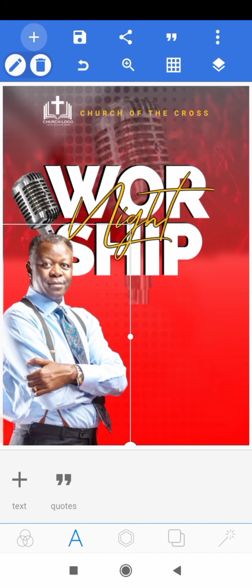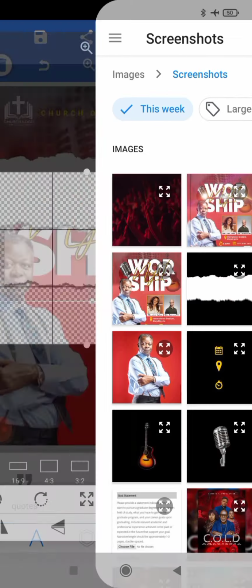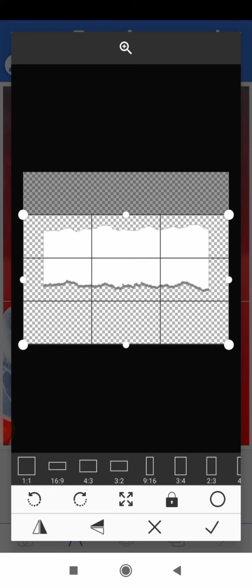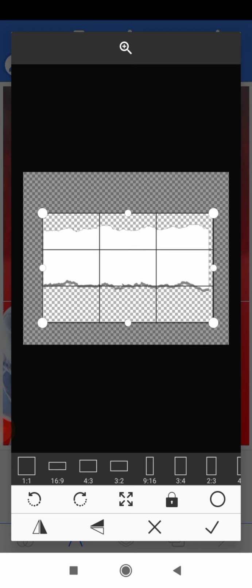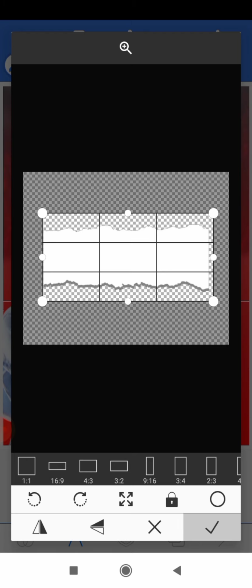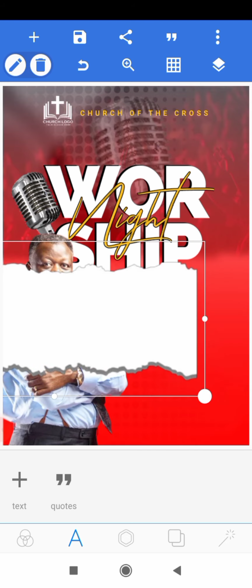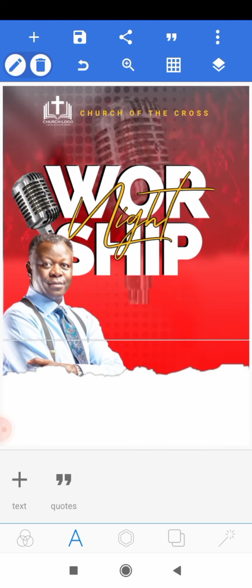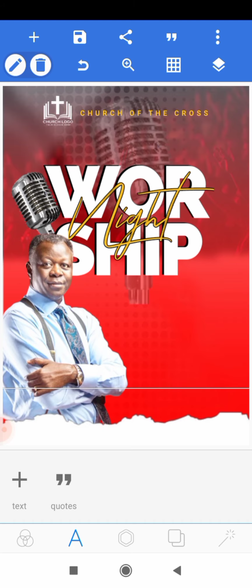Now the next thing we want to do is to bring in the texture below. So we'll head on to the plus icon from gallery, and I'll bring in the texture that we have below, and this is the texture here. So we'll just crop it down like this, and then we'll check, and then we'll bring it downward, and we'll scale it up so that it starts from the beginning of our page to the end to cover it, and we'll just position it here